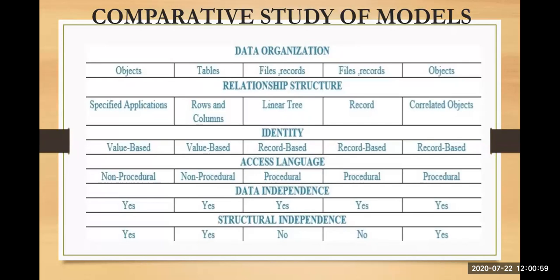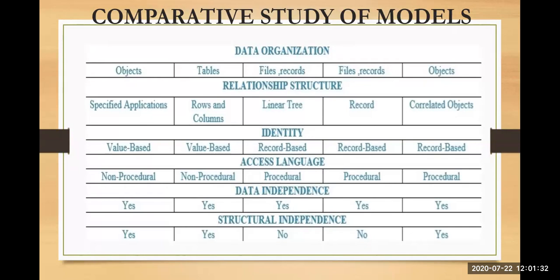Whenever I talk about the hierarchical model, it has a fixed structure. You have to first enter data in your parent, and only then will the data be entered into your child. So there is a procedure. Similarly, in your network model also, there is a procedure. The data first has to be entered into your parent structures, and then it will be entered into your child structures. Next, in objects, again it is procedural because your object will have attributes also. So first your object should be ready, and then the values should be entered into your attributes. So the first two are non-procedural and the last three are procedural.